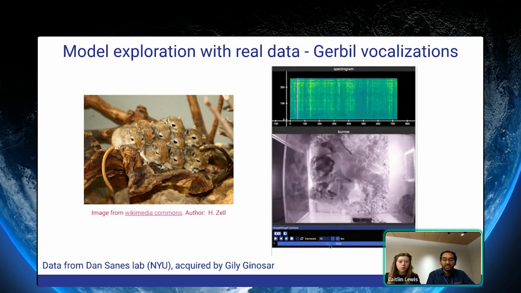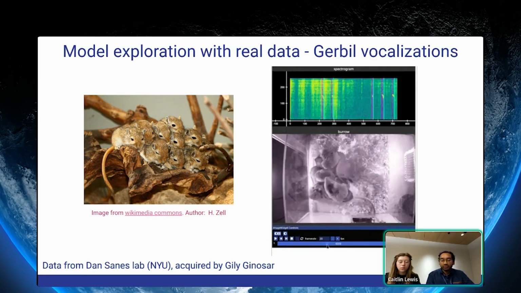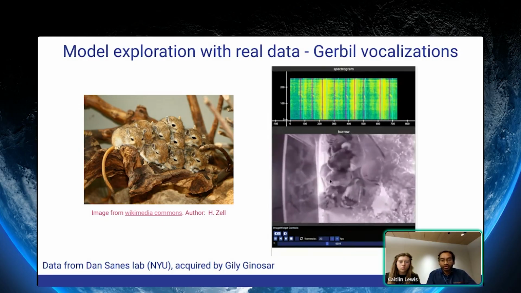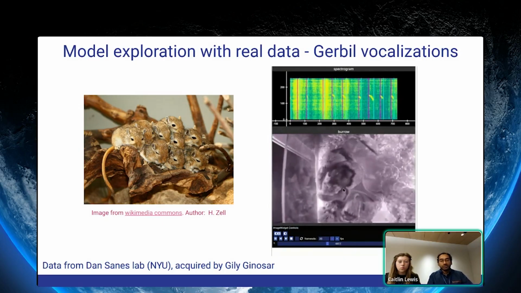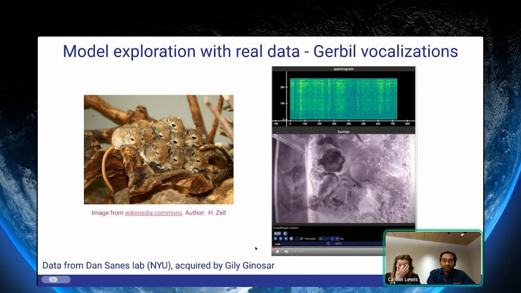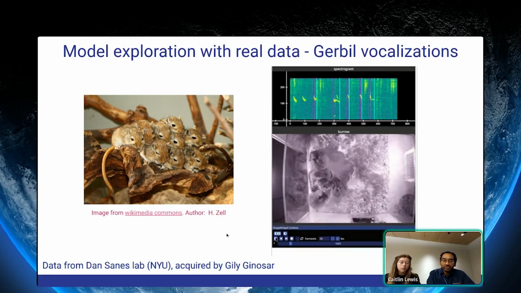They have vocalizations that they use to communicate with other members of their family. For instance, if they see a predator, they may have a specific vocalization for the predator, or if there's something else that they see in their environment, they may have a specific vocalization for different things in their environment. And I'm collaborating with these